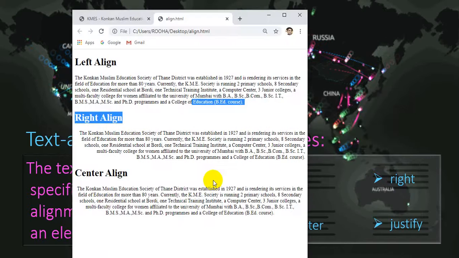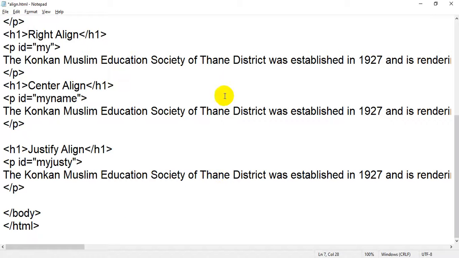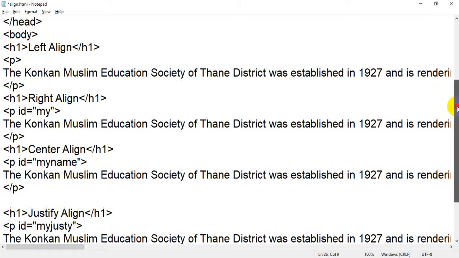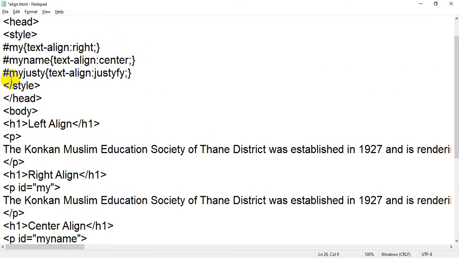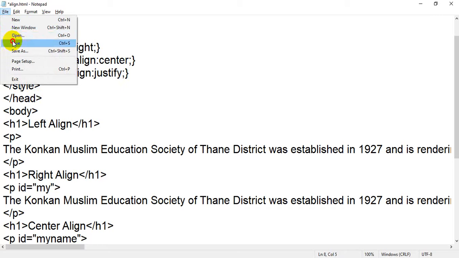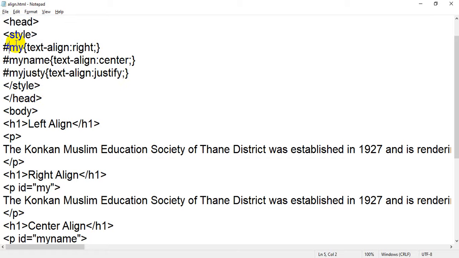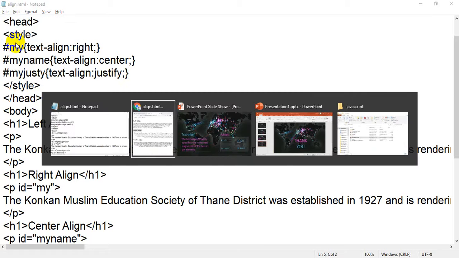Where is my notepad? Text-align justify. I have given the ID. Where is my ID inside this CSS? My justify ID, text-align justify, and at the end style close. Okay, now I have completed the coding. I just want to show you, Control S, the output of justify.